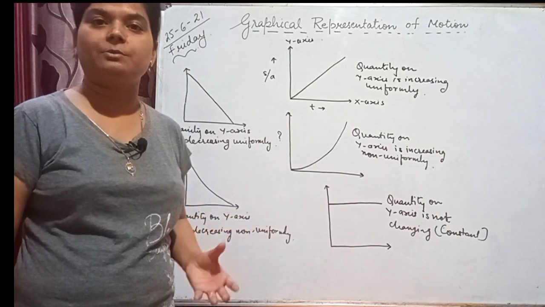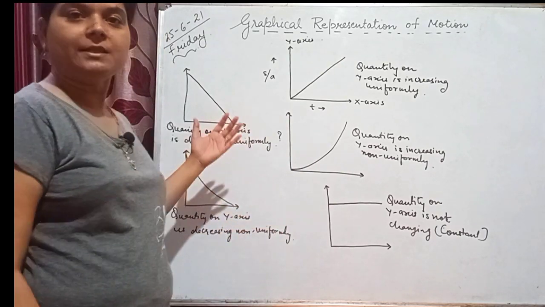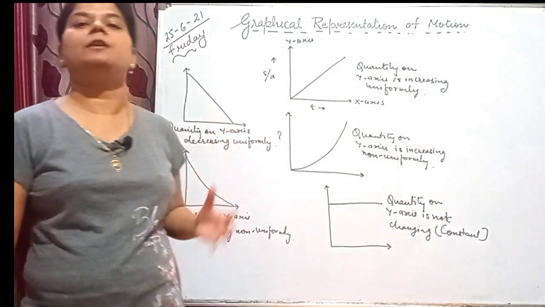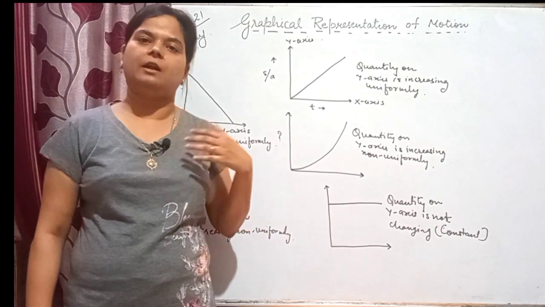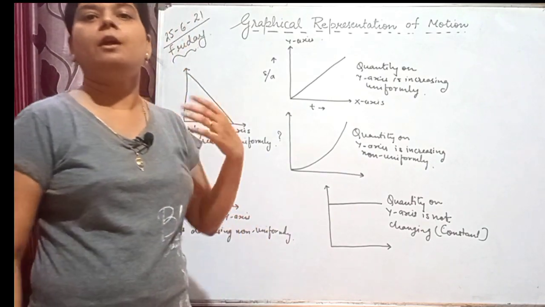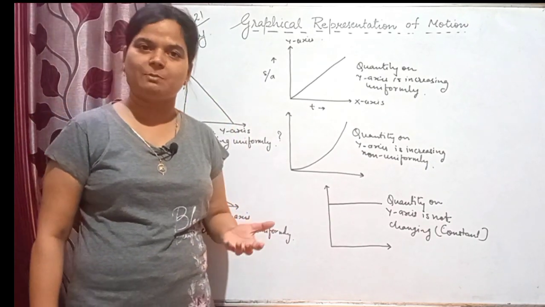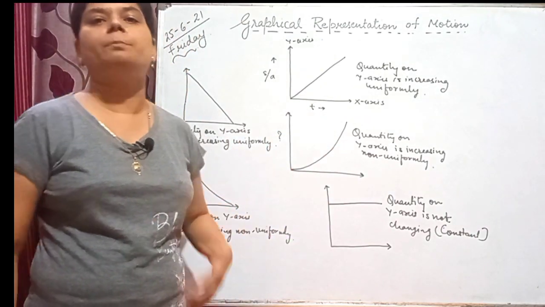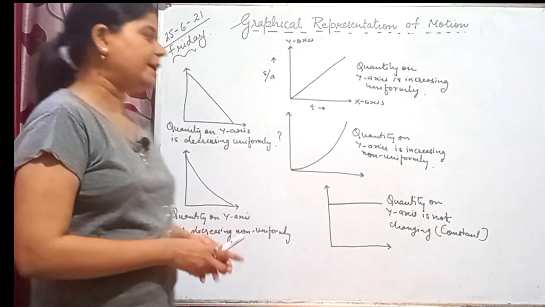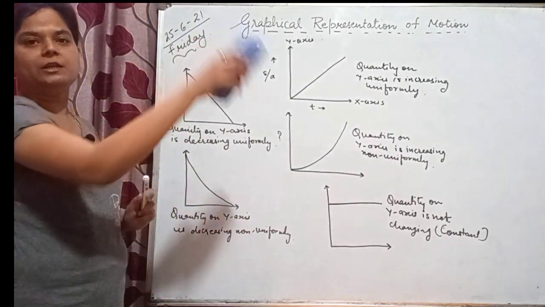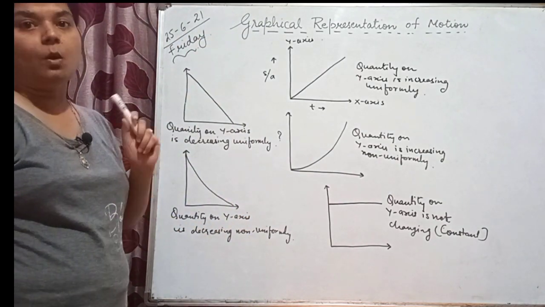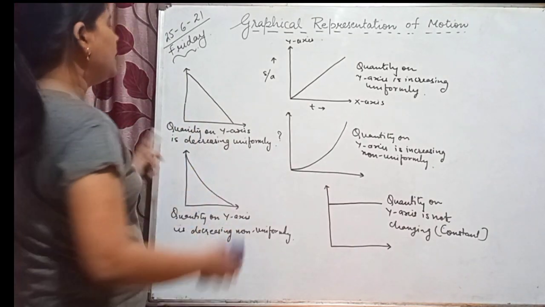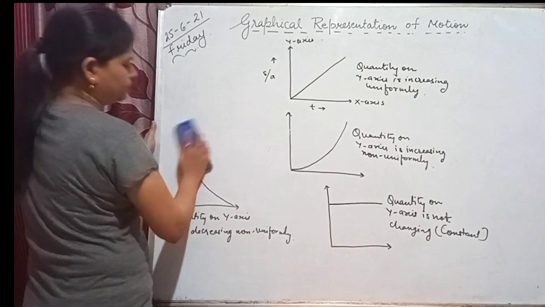and then definitely we are going to use the concepts that we have done before this about motion. We have done uniform motion, we have done speed, velocity, acceleration, distance, and displacement. So we are going to use all our knowledge in order to interpret the given graphs, right? So these points you have to keep in mind while we discuss the different graphs.